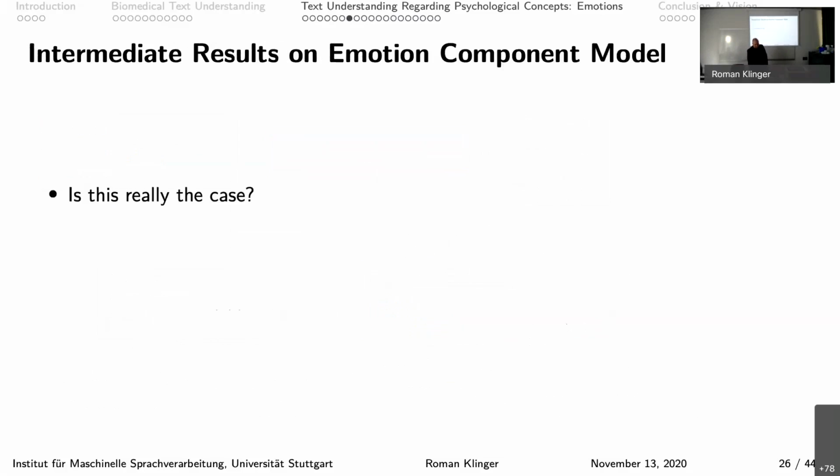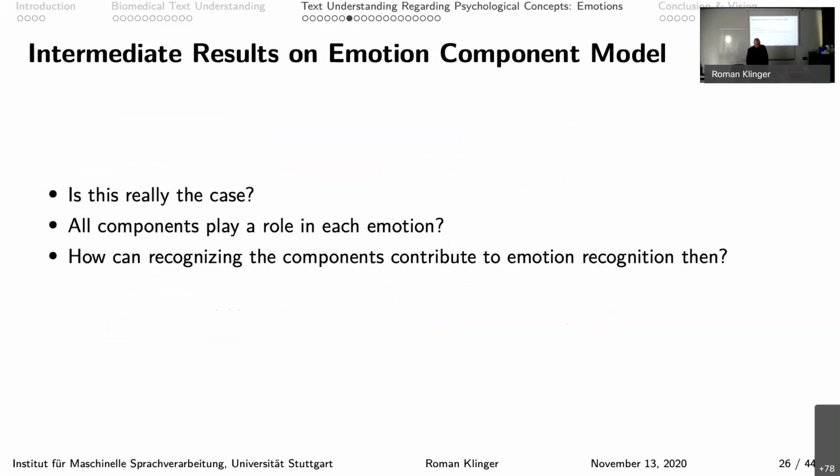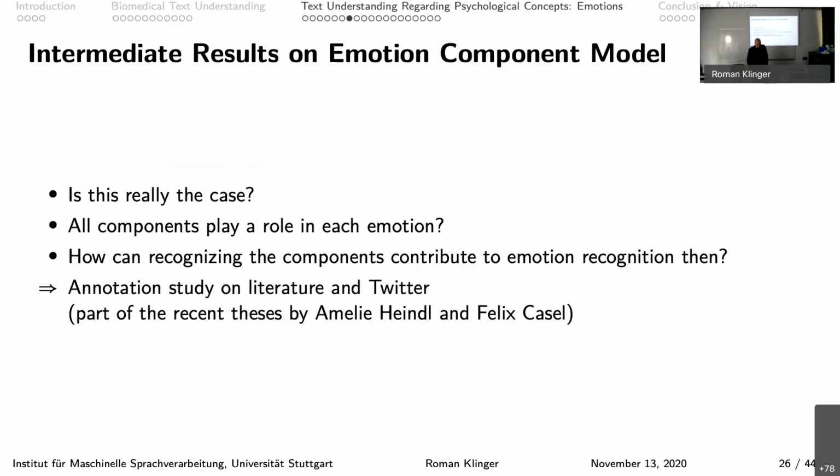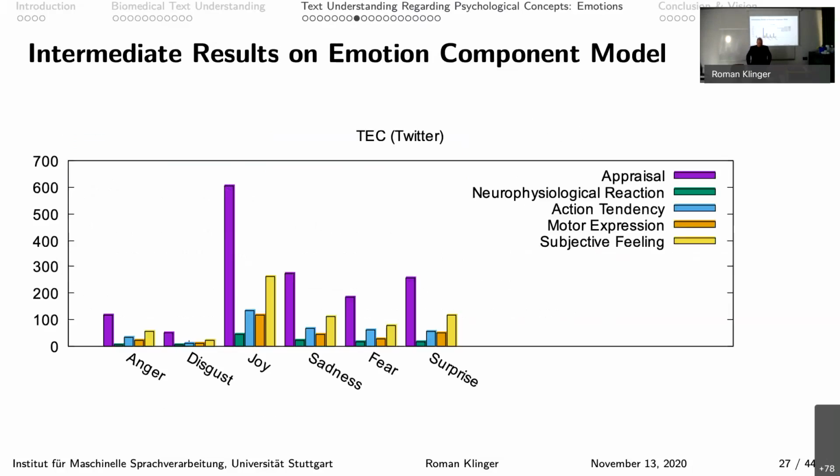Is this really the case? Does classifying emotion components help? Perhaps all components play a role in each emotion, right? So how should that actually be helpful? So we wanted to know, can recognizing components contribute to emotion recognition? And this is something that Amelie Heindl and Felix Kaselt, who are a bachelor and a master student, did. And they looked into this from two different perspectives, on literature and on Twitter data. And what we found for Twitter data,